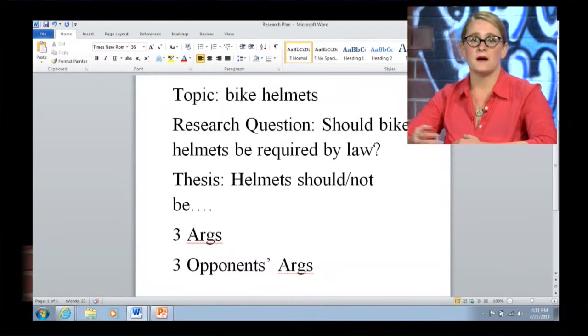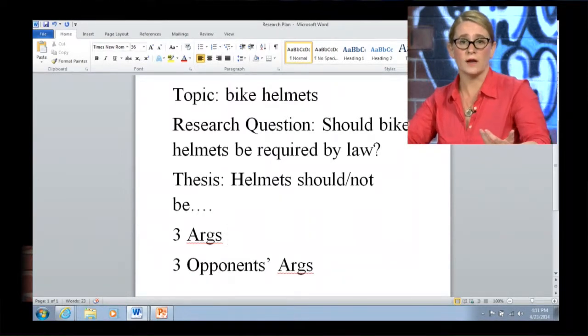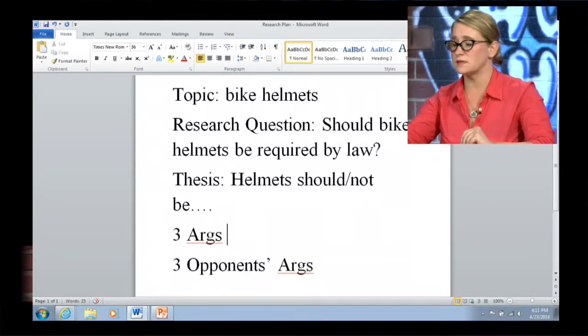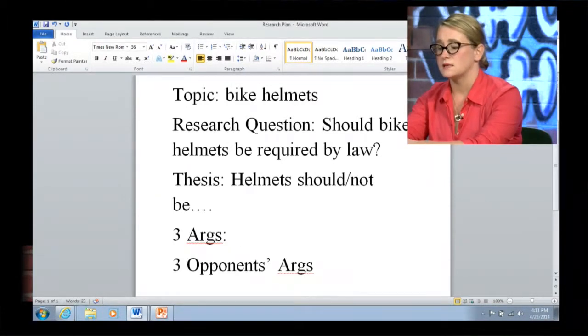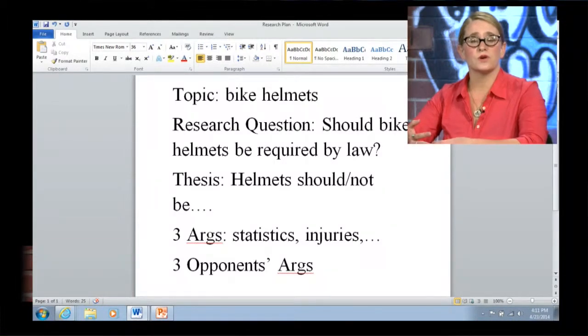Think about the statistics behind accidents involving bicyclists wearing helmets and those who are not. There's even more of a social side of it. Some research might find that people that wear helmets are less likely to get into wrecks because they are being more careful. It might show the opposite, whatever it may be. But this is where your three arguments are going to go. So, you might deal with statistics and health, injuries, something like that. And again, I'm just doing the bare basics here, but the more work you do early on in an essay, the less work you're going to do later.